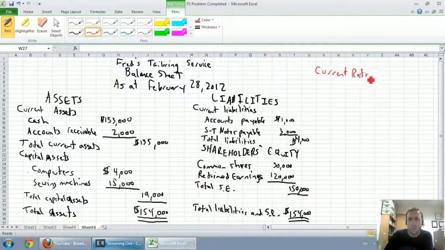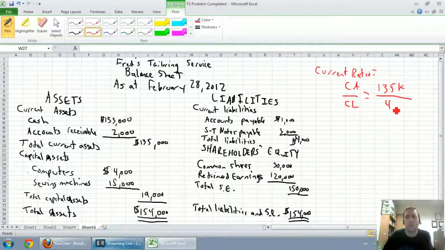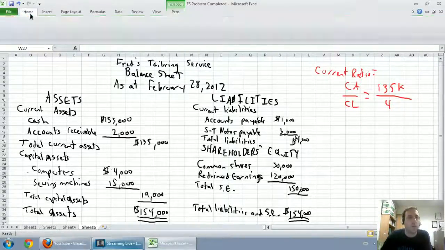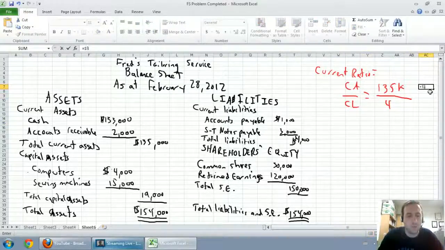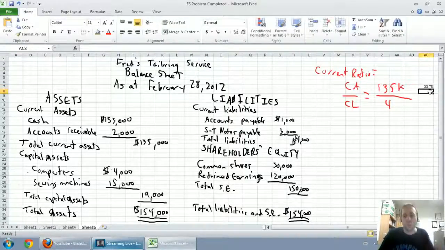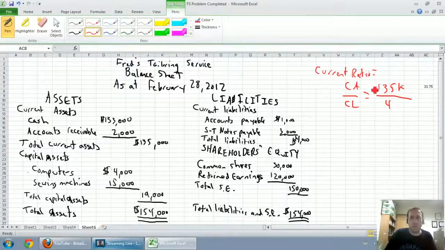Current ratio equals current assets divided by current liabilities. So this company's current assets we've totaled as 135. I'll just put a K there for 1,000. Current liabilities, just 4. This is going to be a huge number. I'll actually do this in Excel. I haven't prepared this in advance. So equals 135,000 divided by 4,000. When I've run this number, I get 135 divided by 4 equals